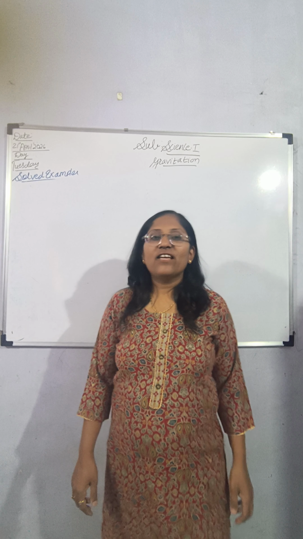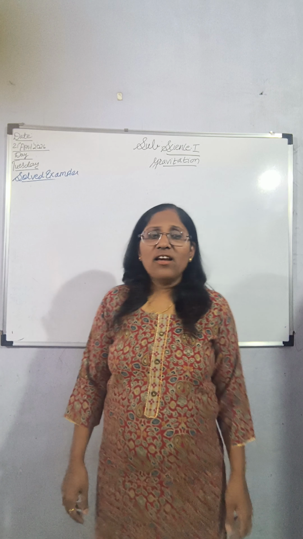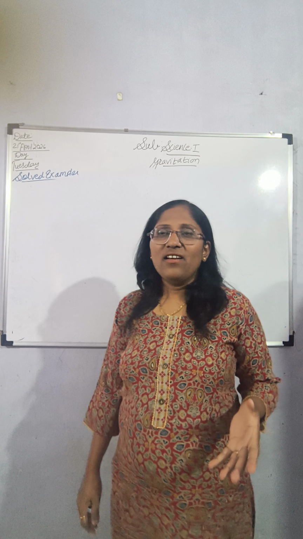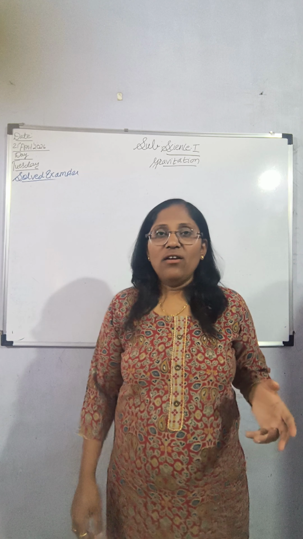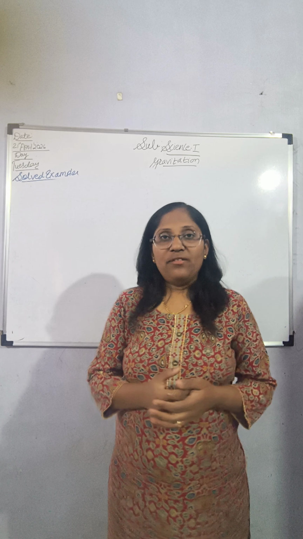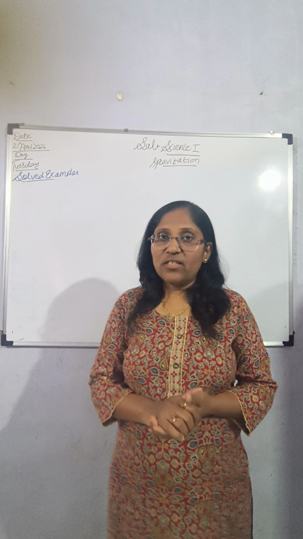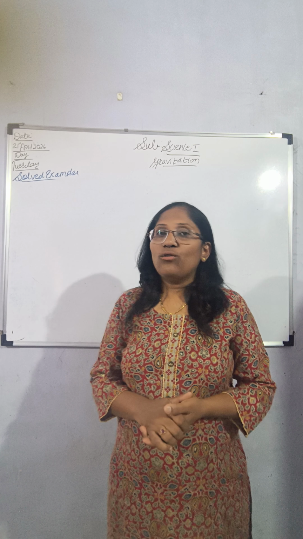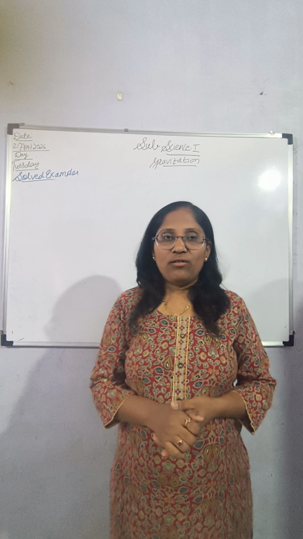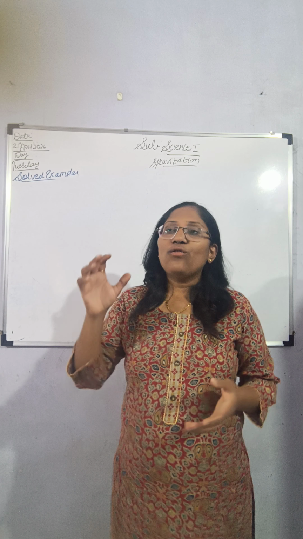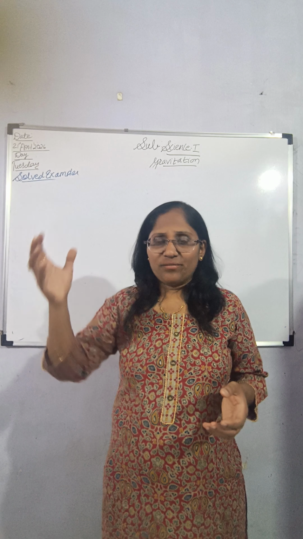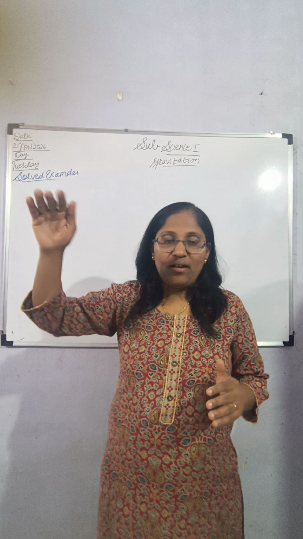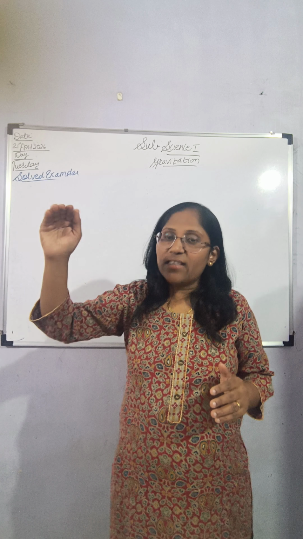Before moving towards the next solved examples, I'll just tell you why high tide and low tide occurs. Why does it occur? This happens due to the gravitational force of the moon. In a day, two times it occurs. From where the moon is rising, at that place the water rises up.